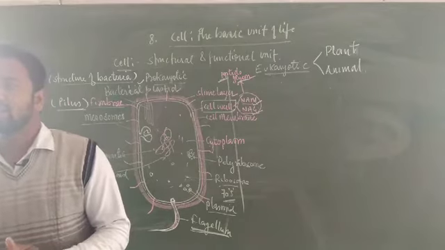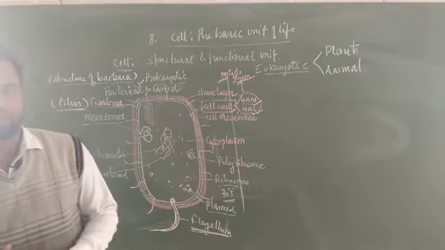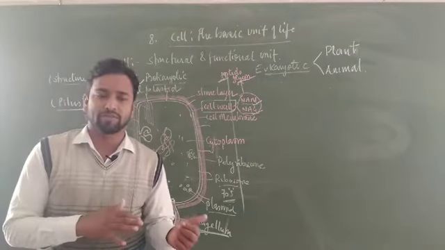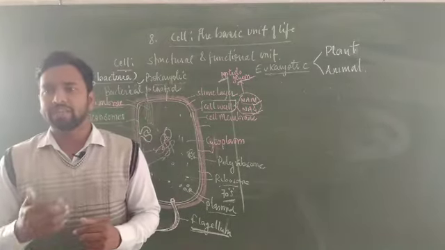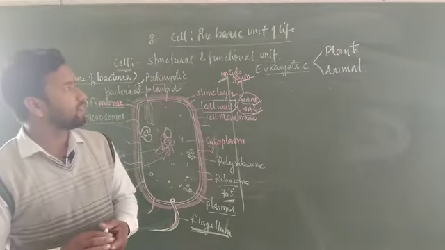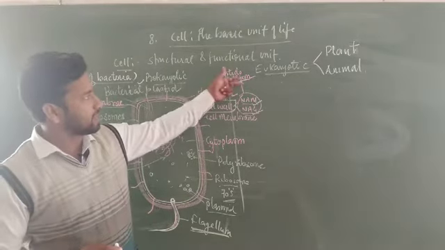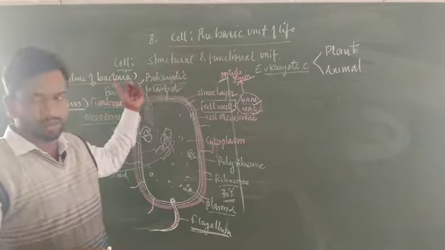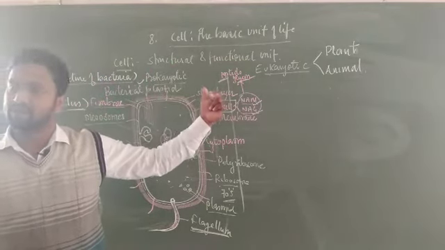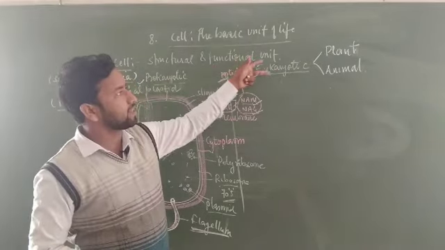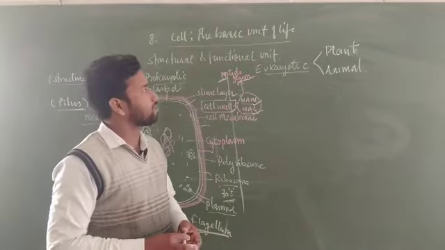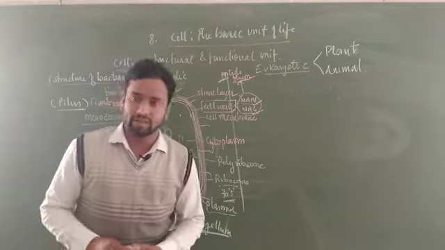If we consider evolution, the first is the simplest form, then complexity occurs over passing years. This is because the eukaryotic cell generally originates from the prokaryotic type of organism. So this one is a eukaryotic cell. Till now they are classified into two types, plant cells as well as animal cells.